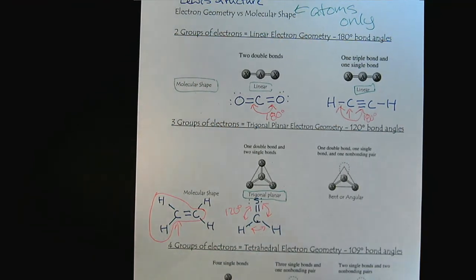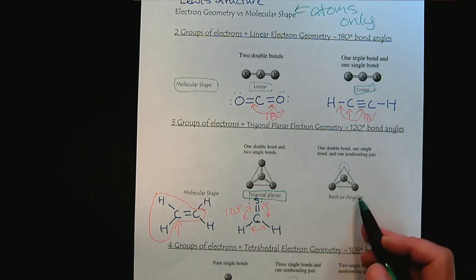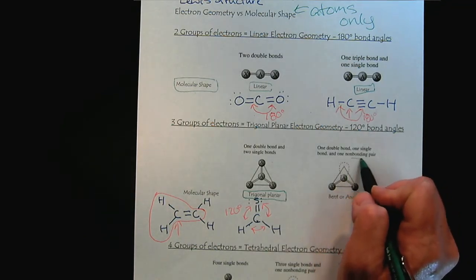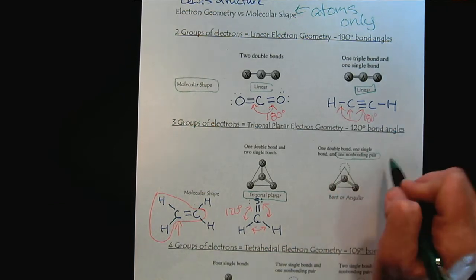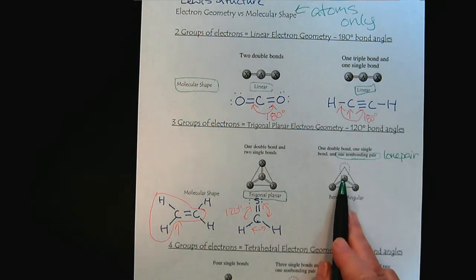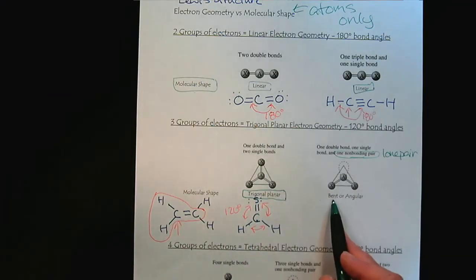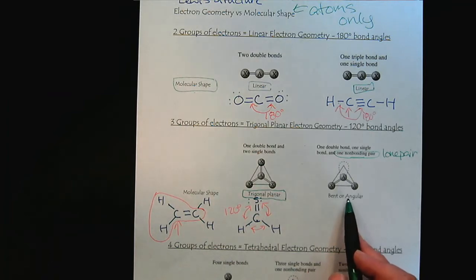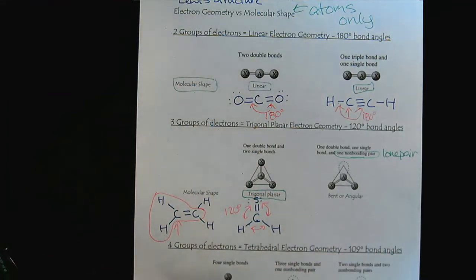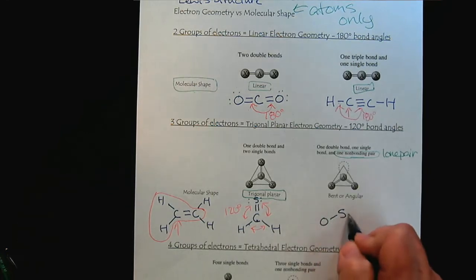However, now there is the possibility of having lone pairs. A non-bonding pair is also called a lone pair. When we have a lone pair around the central atom, this is how we get a difference between the electron geometry and the molecular geometry. So let me draw an example here. For example, if we had sulfur dioxide,